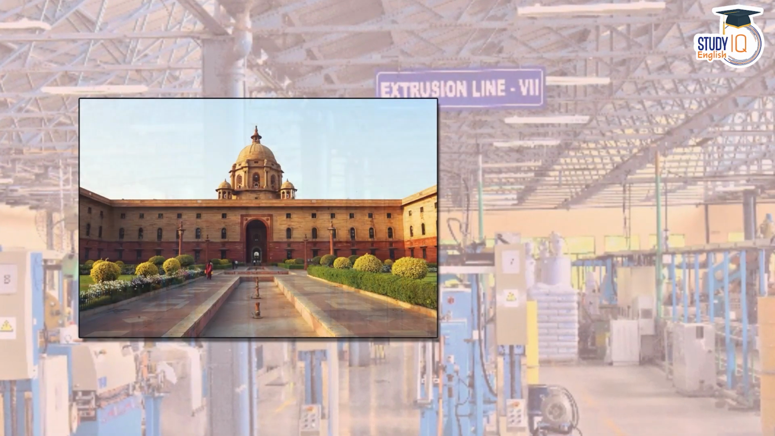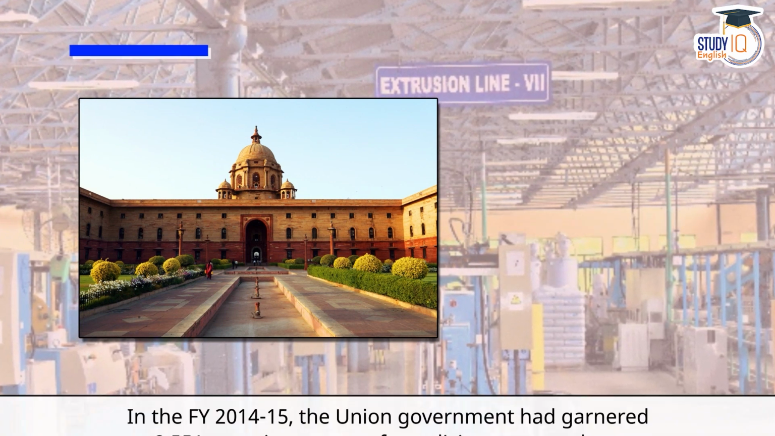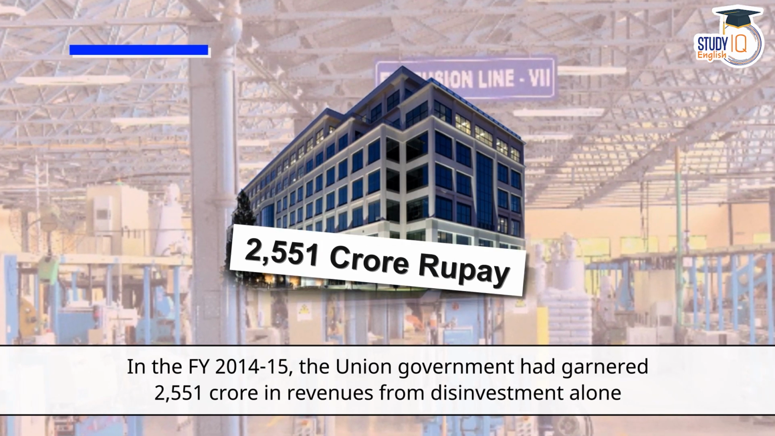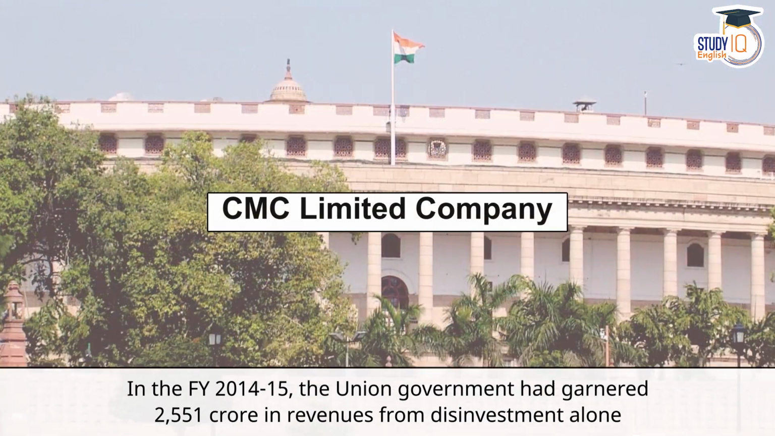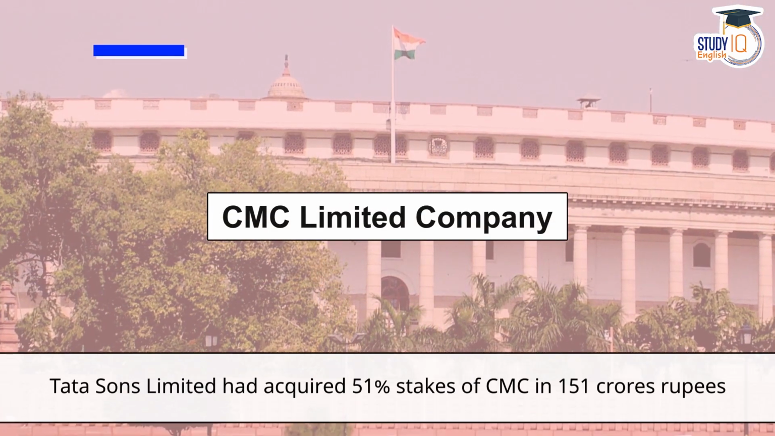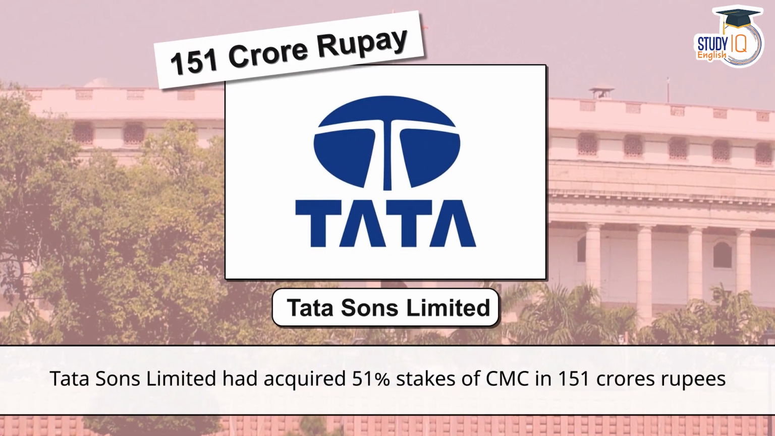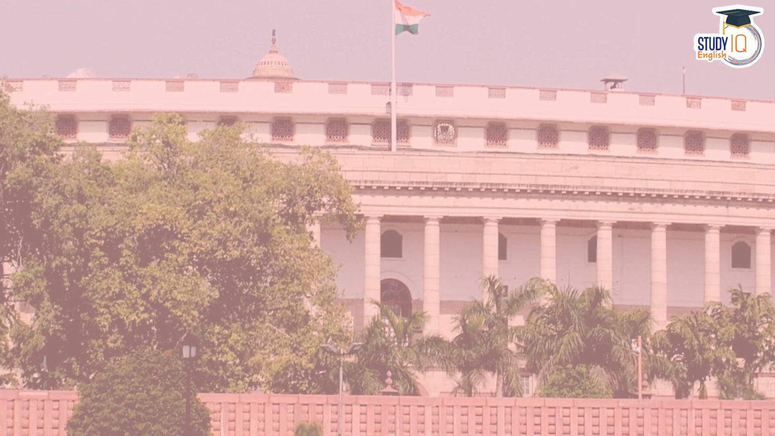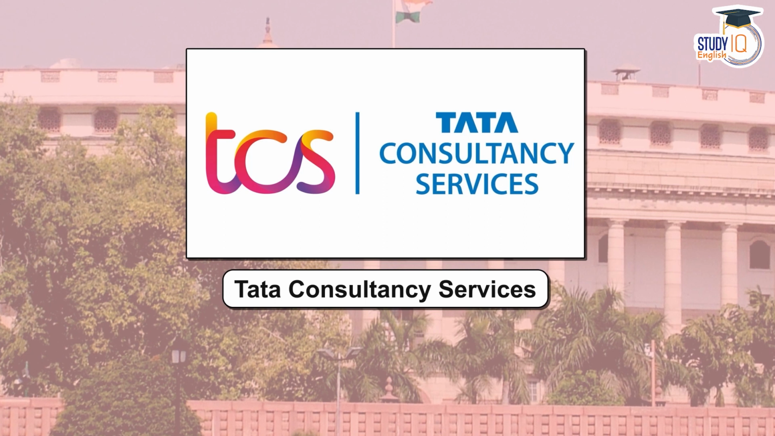The government still retains 26% equity shares in the company. In the financial year 2014-15, the company registered a revenue of 2,551 crore rupees, which also included government shares. The CMC Limited company was privatized in 2001, through which Tata Sons Limited acquired 51% stakes for 151 crore rupees. Today, CMC Limited is better known as Tata Consultancy Services or TCS and is one of India's most